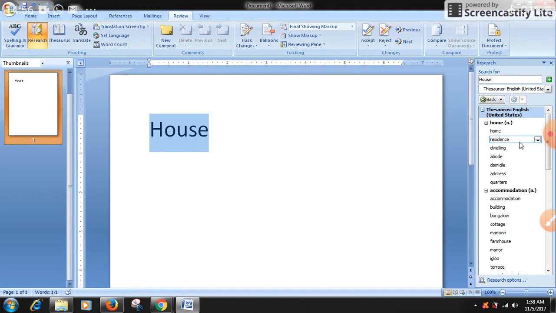It should be appropriate to what you are inserting. We can select residence or any word. If you like it and it is appropriate, you can click on the drop down and click the Insert button. As you click Insert, that word will automatically be replaced. This way we can use the thesaurus option.